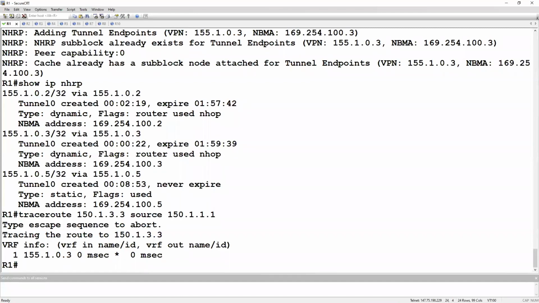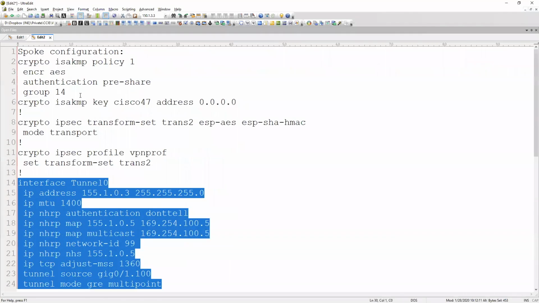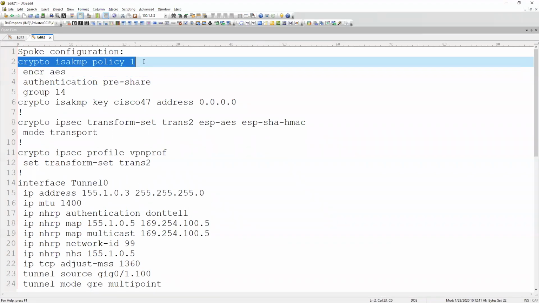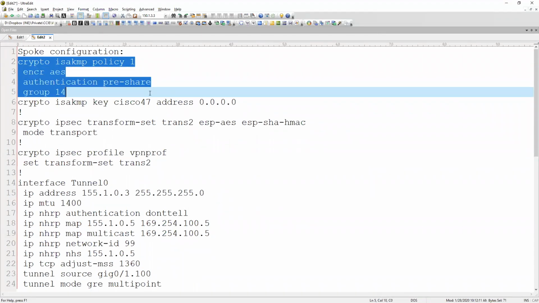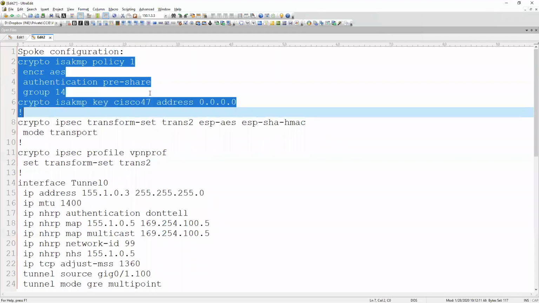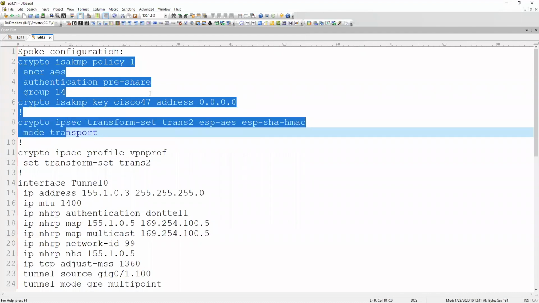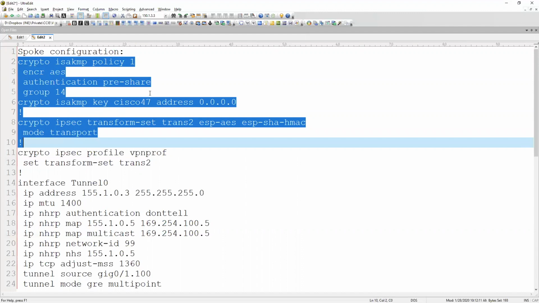Okay, so let's go ahead and add the crypto configuration in. The first thing we have is the crypto ISAKMP policy, which is made up of these attributes that we need to match in order to form the phase 1 policy, including the authenticator. We have the password Cisco 47, 47 being the protocol number of GRE. And then we have the crypto transform set. So we're specifying that we're using ESP AES for the encryptor and ESP SHA HMAC for the authenticator. This is going to be for phase 2 of IPsec, which is the actual data